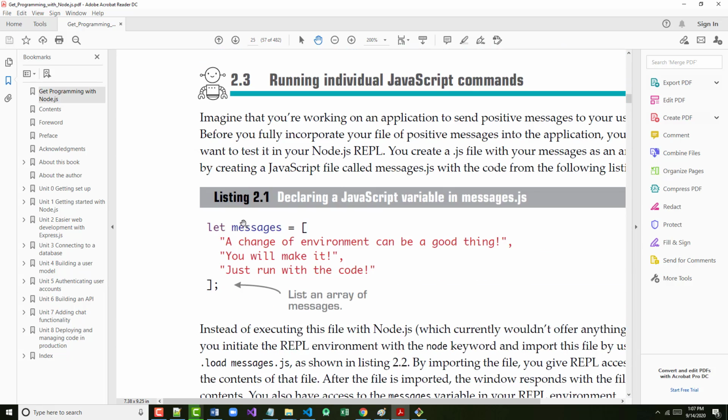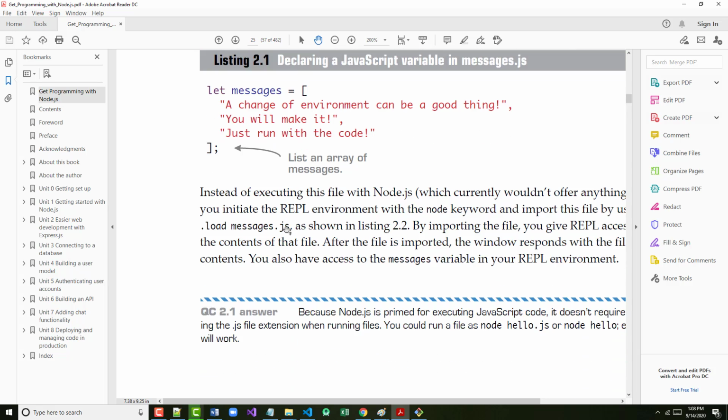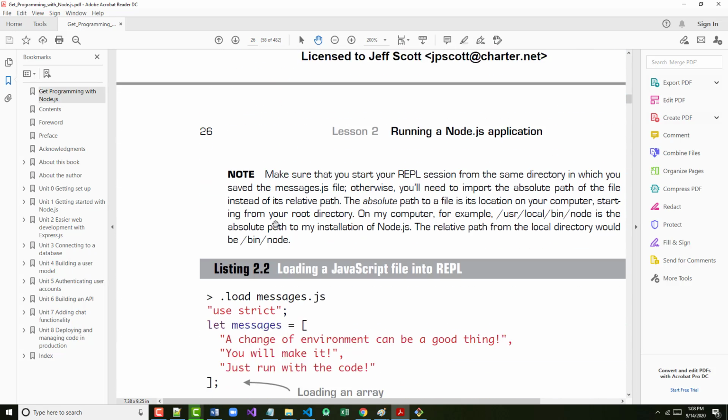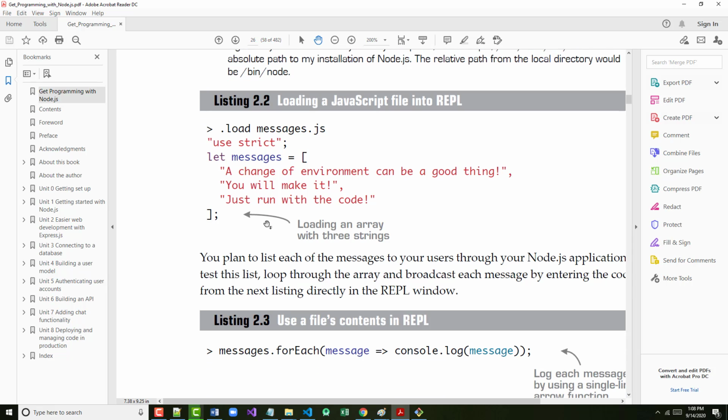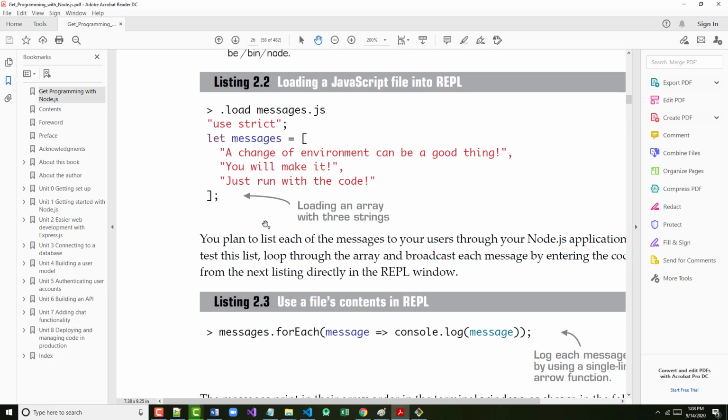Running individual JavaScript commands. This is page 23, and it goes on to 24 and 25. Are you there? Mm-hmm. What they're doing right here is assuming they're going to be creating a program that's one of these self-help things to try to make people feel good about themselves. So it is creating an array with 3 messages in it. A change of environment can be a good thing. You will make it. Just run with the code. So they have you create that and put it into a file. And when you go up to the next page,